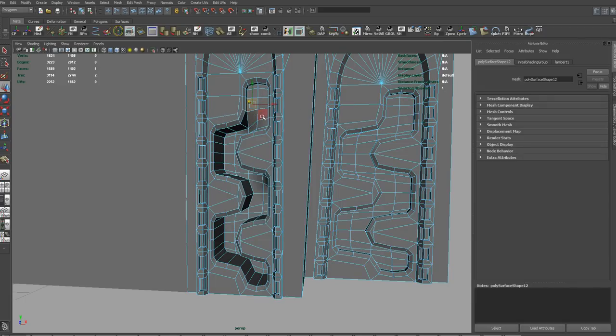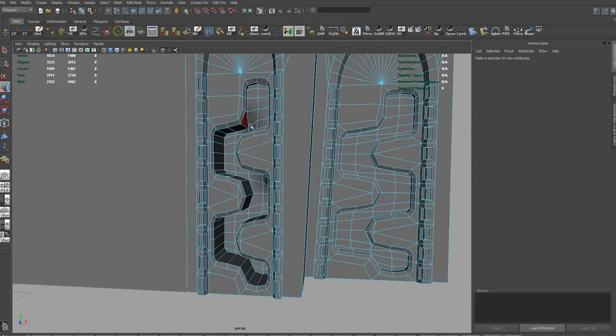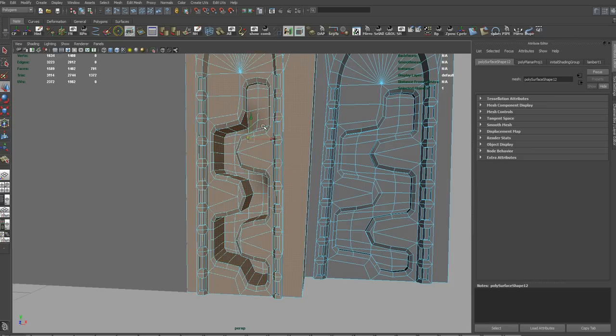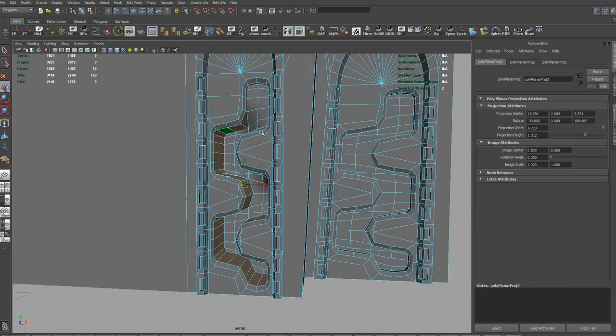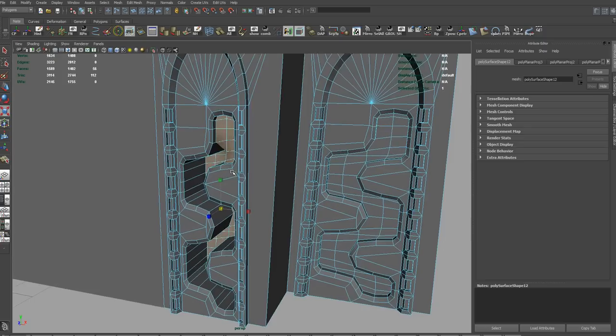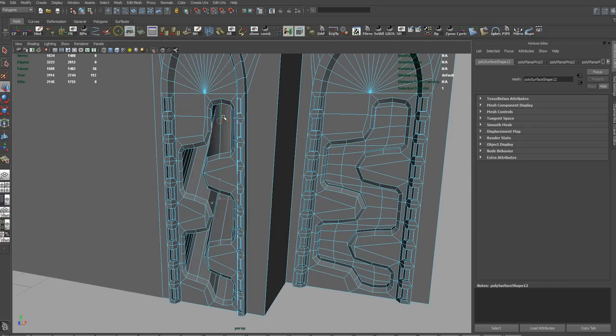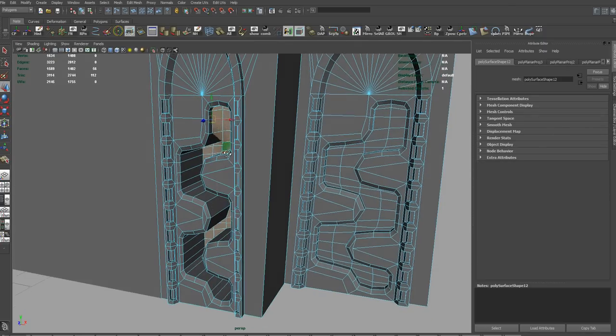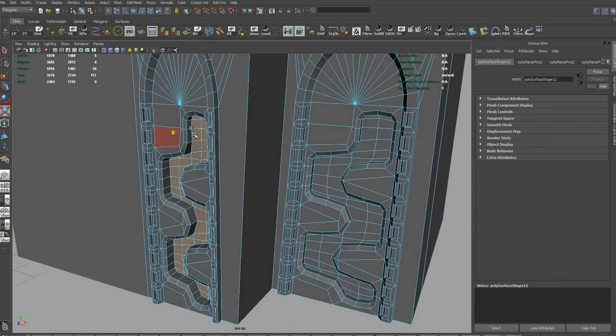In newer Mayas, you could make a face selection of this, like so, and you can just pin your locator and scale to flatten it out. In older versions, they don't have that prevent